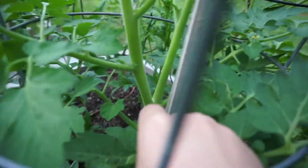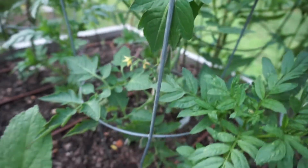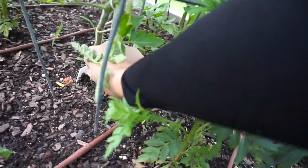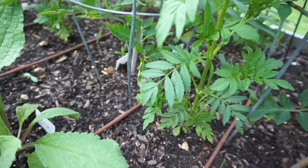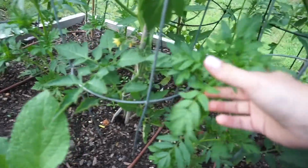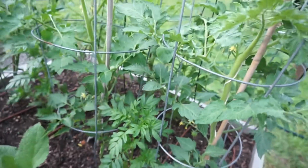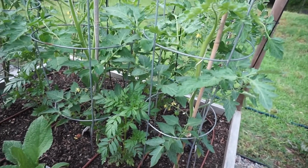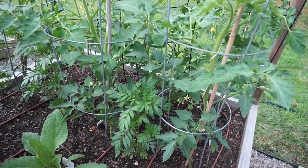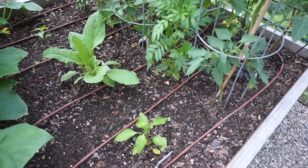And then here's a couple little ones I'm just going to go through and clean up. Got some baby tomatoes. And this is also a marigold that I planted in between the tomato plants to help deter some of the pests and get some pretty flowers. So I'm just going to take a few minutes, go through and make sure I didn't miss any of the suckers, pruning off the suckers, and then maybe go through and quickly weed some of the extra grass that's been